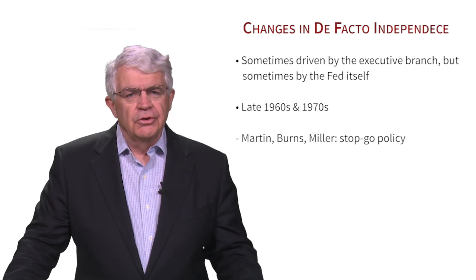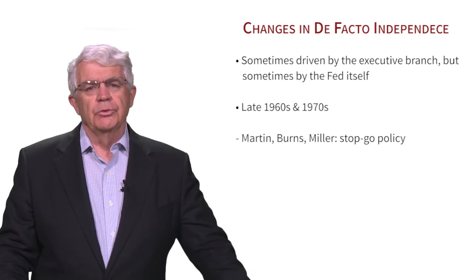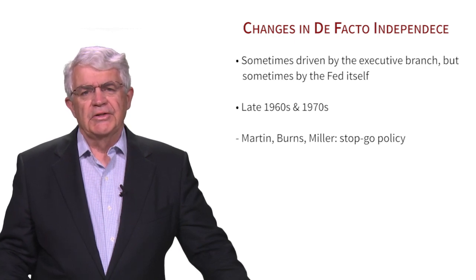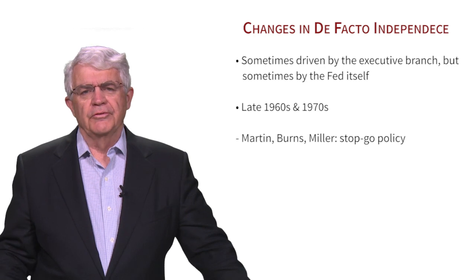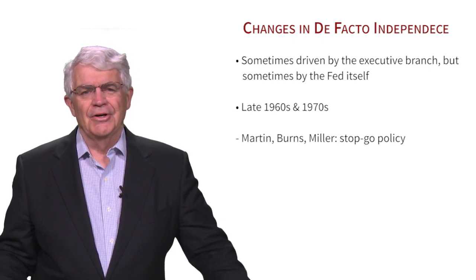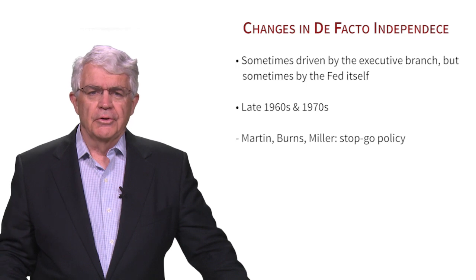As we go into the future, there's a real question about what's happened, or even to the current situation we're in now. The Fed has been more involved in fiscal policy by purchasing a lot of government debt. It's actually been involved in credit policy by helping the housing market. So these are going beyond the usual goals of monetary policy. And of course, the Federal Reserve has reasons for this. To the extent this is a loss of independence, and some economists argue that it is, it's kind of both going by the executive branch asking for some help from the Federal Reserve and the Federal Reserve offering it.